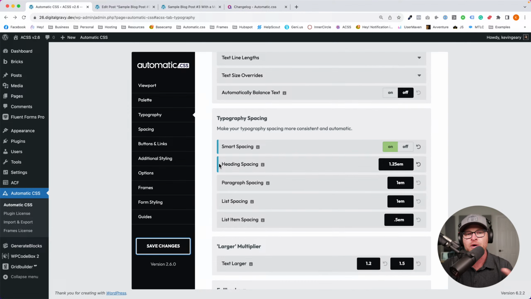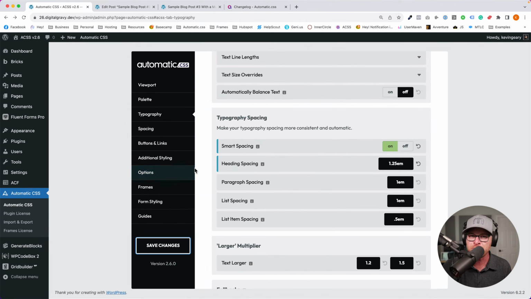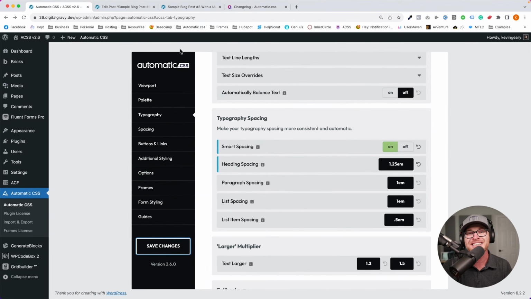So again, we don't want to be too heavy-handed, too fast. We may add support for images. It's a little more complicated because it's like, is the image in a figure tag? Is it not in a figure tag? That kind of thing. And then block quotes is tough because people do a lot of fancy stuff with block quotes. We just have to make sure it doesn't interfere with any custom stuff you might want to do.